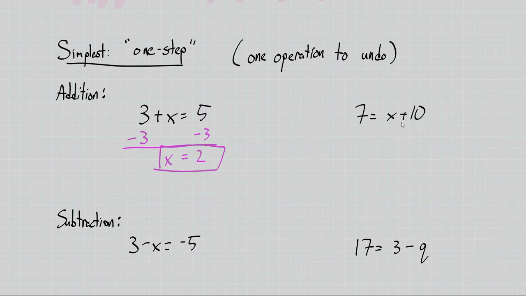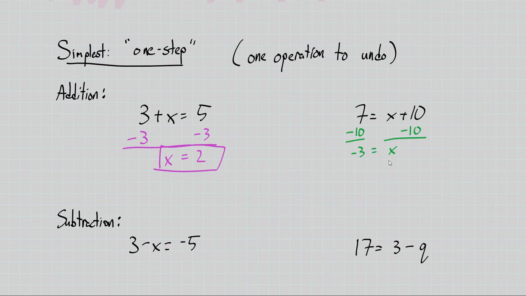7 equals x plus 10. This one over here. 7 equals x plus 10. Is my variable alone on one side of the equal sign? It is not. What's happening to it? 10 is being added to it. How do I undo that? Well, I can subtract 10. 10 minus 10 is nothing. x minus nothing is x. As long as I remember to also subtract 10 on the left side, so 7 minus 10 is going to be negative 3,